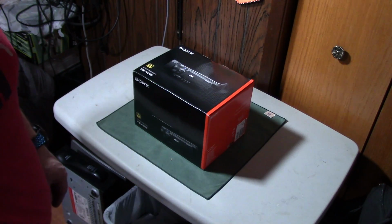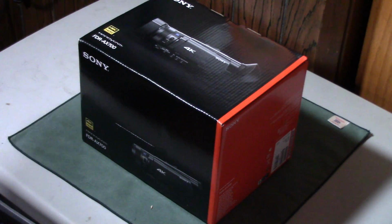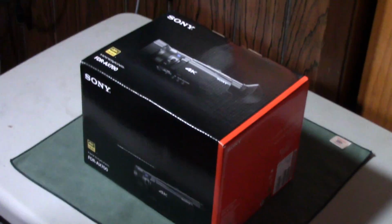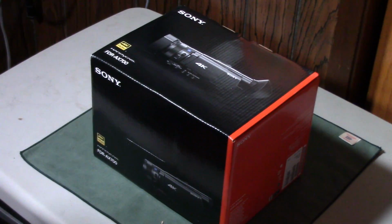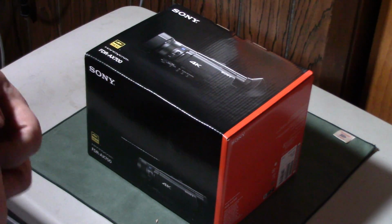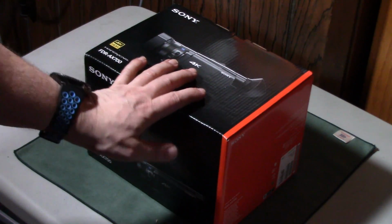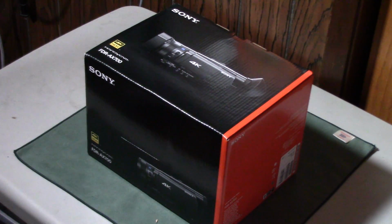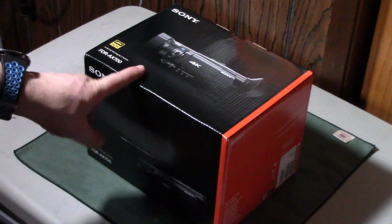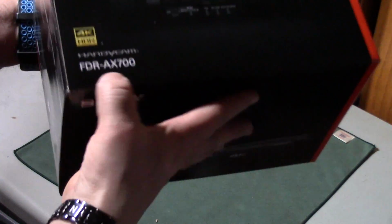But anyhow, let me see if I can get you guys a little bit closer here, so you can see just a bit, and about like that. I'm going to try to keep everything in frame. Like I said, I'm going to get better footage of this box, so you guys can see it a little bit better. But anyway, so it's the Sony